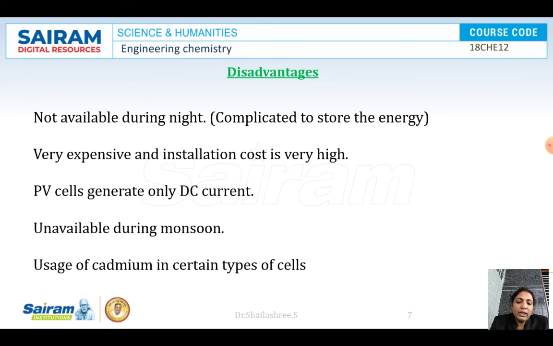When energy like sunlight is falling on the PN junction, electron and hole pairs are generated. They will start moving in a particular direction through the external circuit. When they are moving through the external circuit, the energy starts storing in the devices connected to them, that is, conducting devices like batteries. Fine. And that can be used for any domestic or other purposes. Fine.